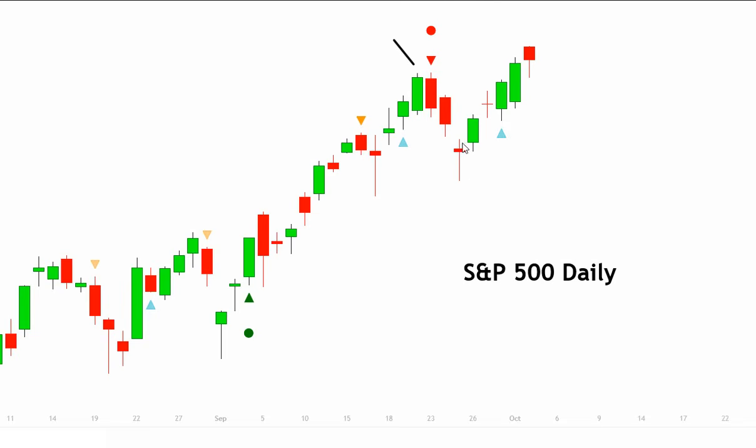up and form a divergence on the RSI in the daily time frame? We get a lower high and a lower low here with that signal. And again, I told you we could get back-to-back bearish reversal signals if we form the divergence on the RSI. So I'm watching this closely. Bullish signal came with the September run-up. The bearish signal gave us this pullback. We got this new bullish signal. I'm watching now. Do we get a warning of a top here once the divergence completes and begins to play